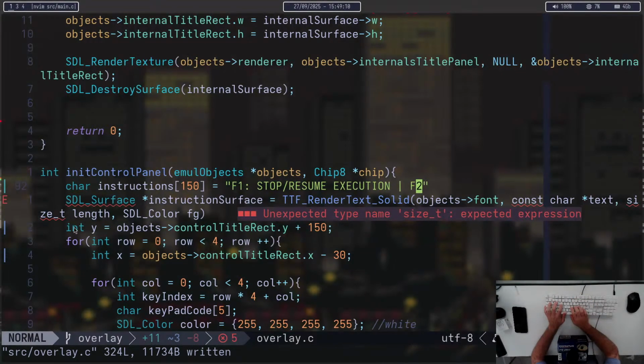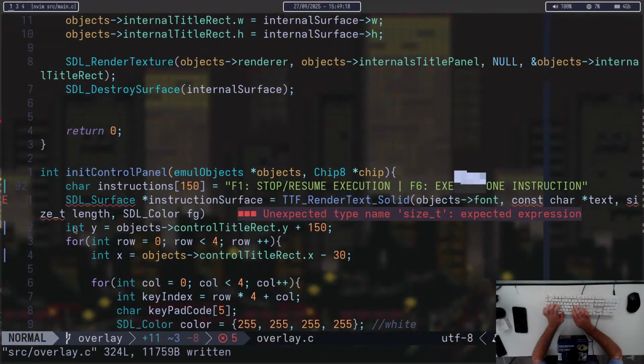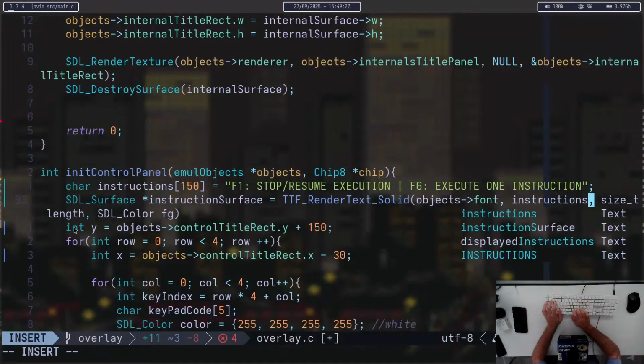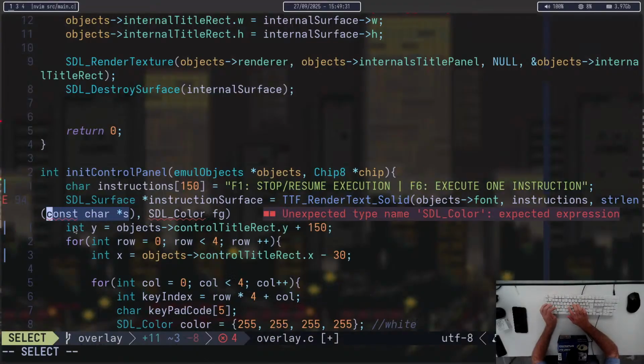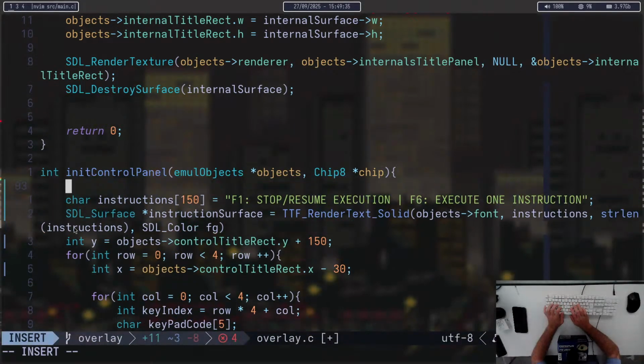So F6 is going to be F6. Could probably change that. Execute one instruction. Let's just do it like that at the moment. So text is going to be instructions. Length is going to be one of instructions. And the color